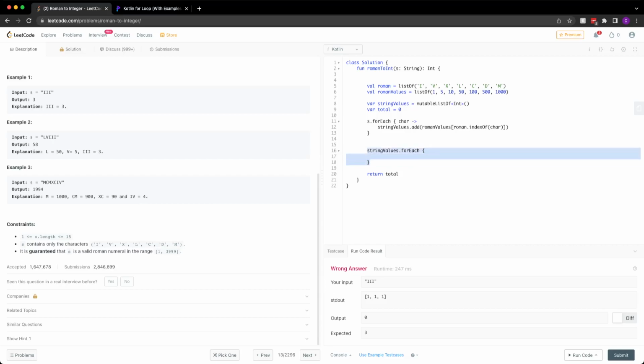Let's try while, get an index var equal to 0, while index is less than string values dot size,